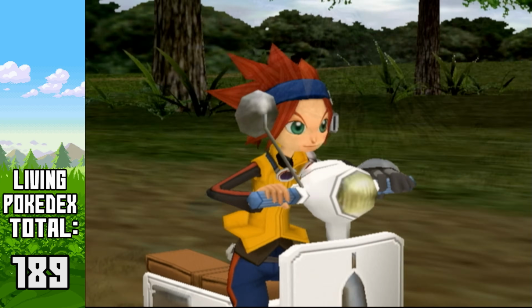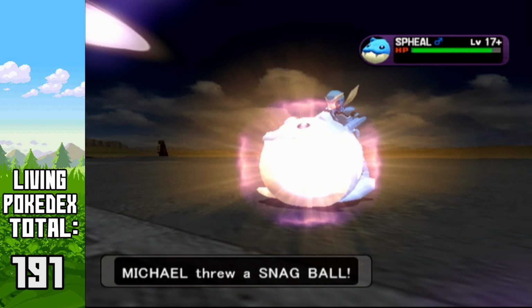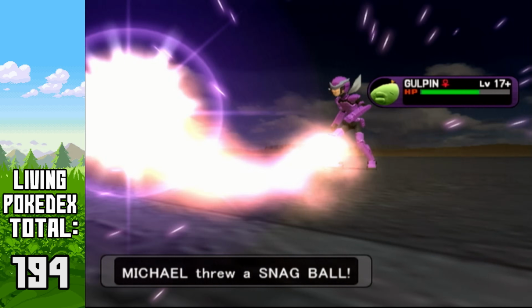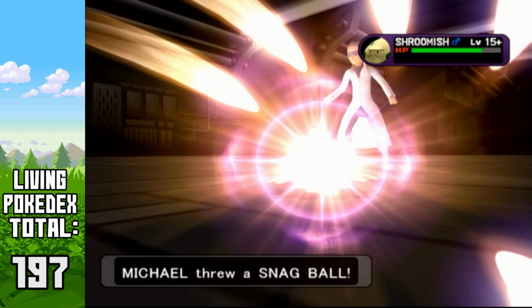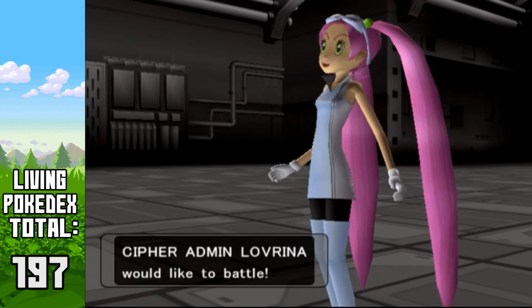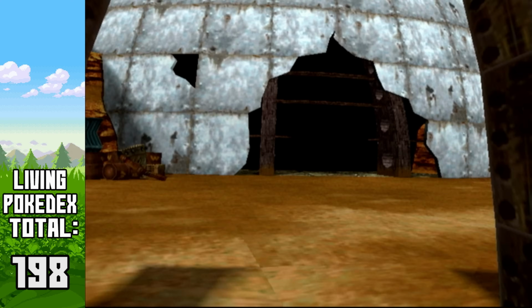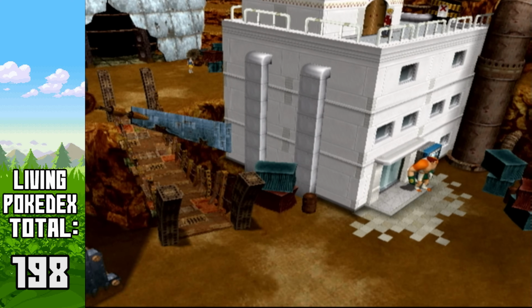Afterwards, Michael heads over to the Shadow Pokemon Lab. Here, he snags the Shadow Houndour, Spheal, Baltoy, Mareep, Gulpin, Seedot, Spinarak, Numel, Carvanha, and Shroomish. After saving Professor Crane, Lavrena challenges Michael to a battle where he snags her Shadow Delcatty. With the professor safe and sound, he sends Michael to Pyrite Town to deliver a disc to Ned, who tells